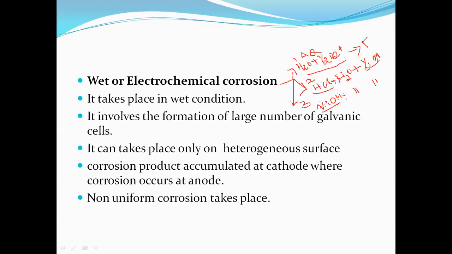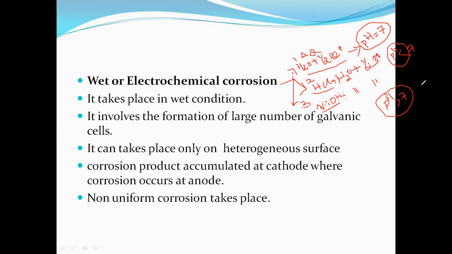So now we are taking the wet corrosion, the wet corrosion under the three conditions. The first condition, when we are taking a neutral medium, aqueous condition or the moisture condition, the pH value is 7. The next condition, acidic medium: hydrochloric acid, aqueous condition, the water containing dissolved oxygen. Here the pH value is less than 7, right? The third condition, I'm taking basic condition, sodium hydroxide condition. It is known to be the base, and the base pH value is greater than 7.